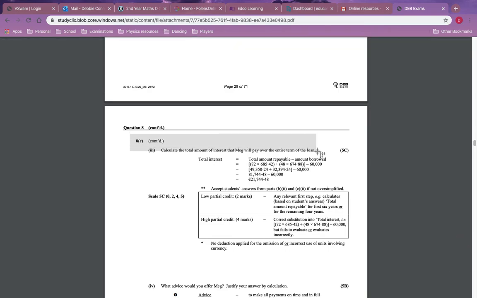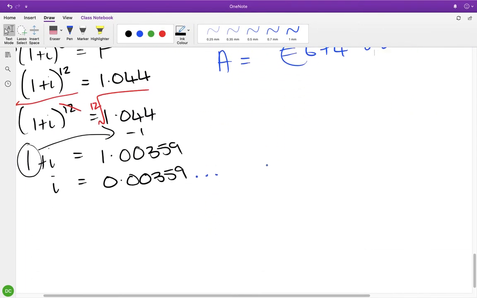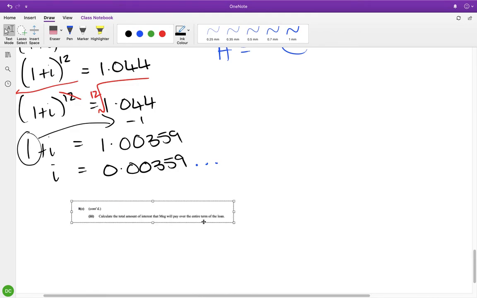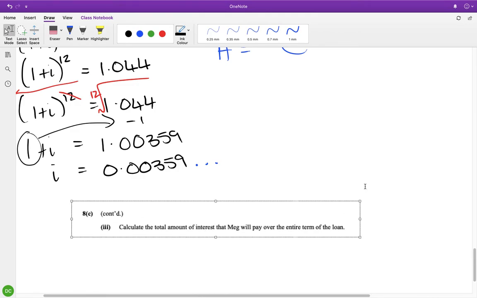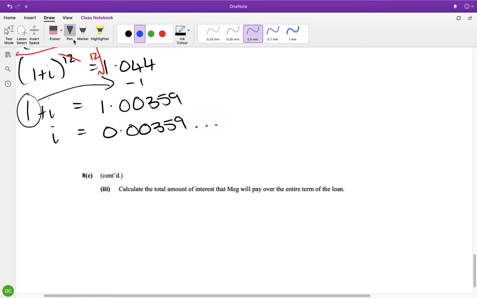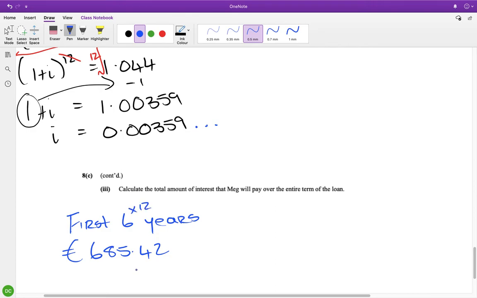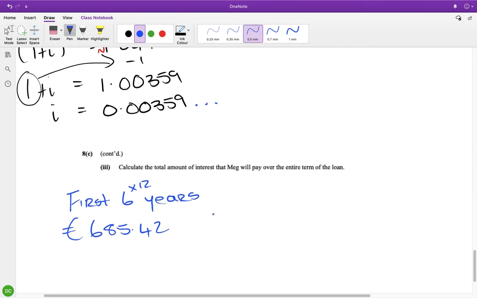And this is 8C part 3. Just move right down here. So calculate the total amount of interest that Meg will pay over the term of the loan. So for her first 6 years, she was paying €685.42. Again, this has to be in months because that payment was per month. So that's 72, is it? Yeah. Okay, so we multiply that by 72,